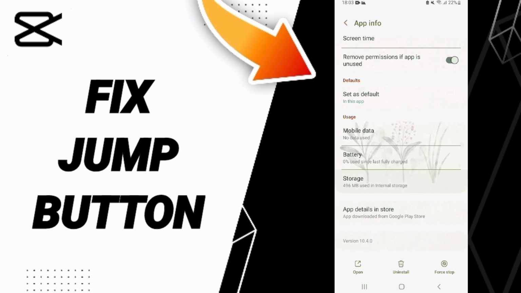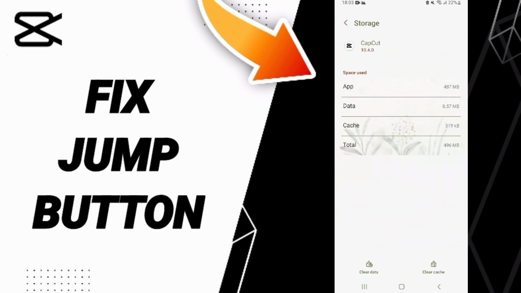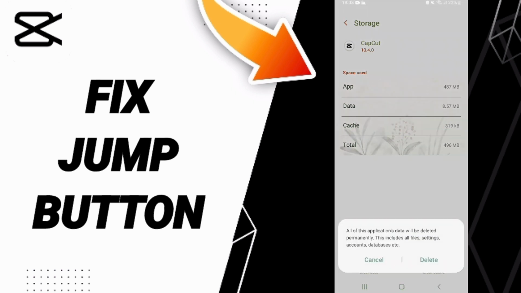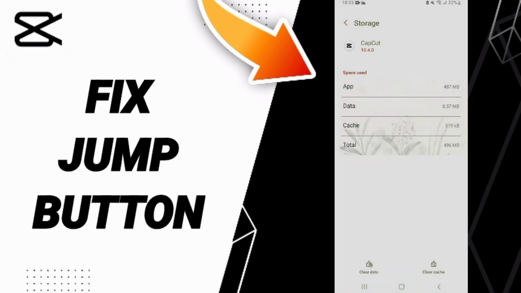Then you will enter the window of storage. Here you can click clear cache. Pay attention, don't click clear data because that can delete your information or can cause you errors on your app